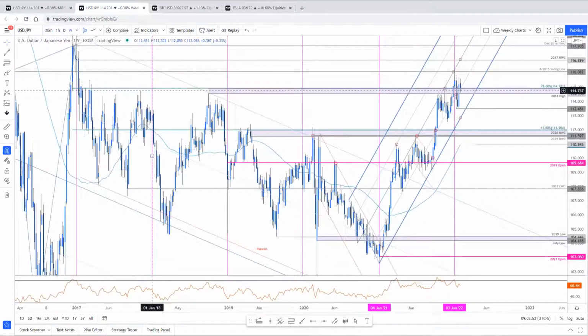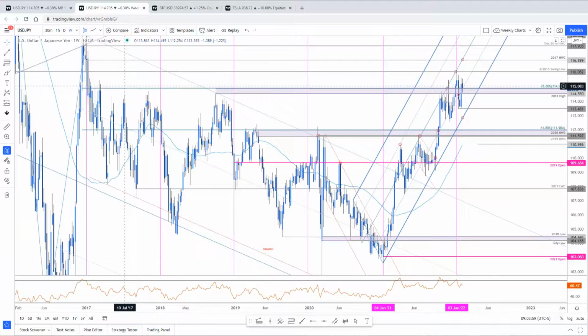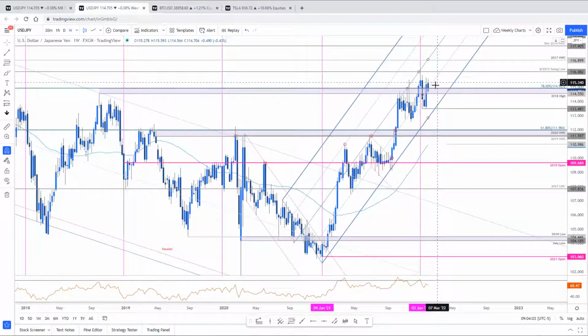If you guys remember, all of last year and into the start of this year, this was our line in the sand. You had the 2018 high at 786 from the highs that you made back in the late 2017 rally. You had the median line, which was perfect resistance into the open of the year. We pulled right back. Here we are straddling this key range. So from the weekly standpoint, I'm not a fan. And if I'm not a fan on the weekly standpoint, you usually don't get involved altogether.